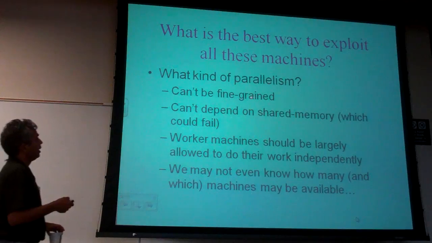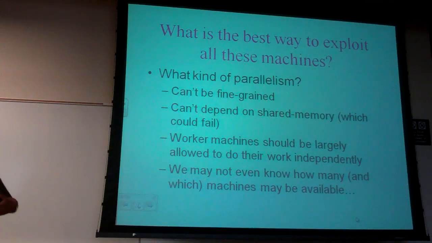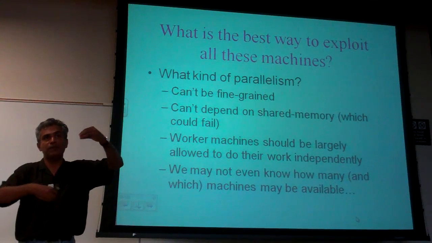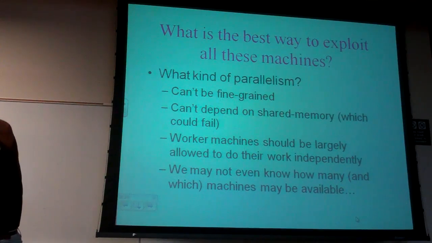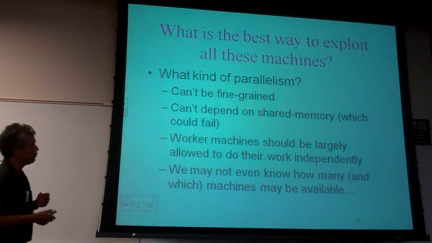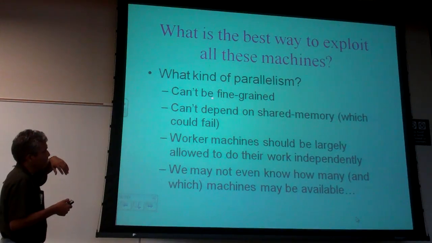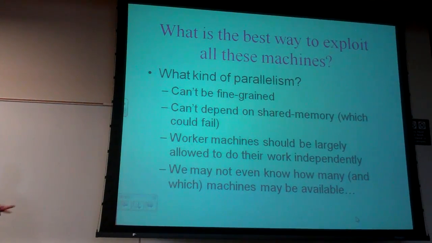So if we have these cheap machines available, you can put them in racks, and as long as they don't need to do fine-grained parallelism, where each machine needs to know what is in the main memory of the other machine, for example. All they do really is that each machine pipes its data to some central area, where the piped data is then reduced by some other machine. If you're doing that, then what kind of parallelism can you do? If you have multiple machines, it cannot be fine-grained because you don't have inter-machine connection to the main memory itself.